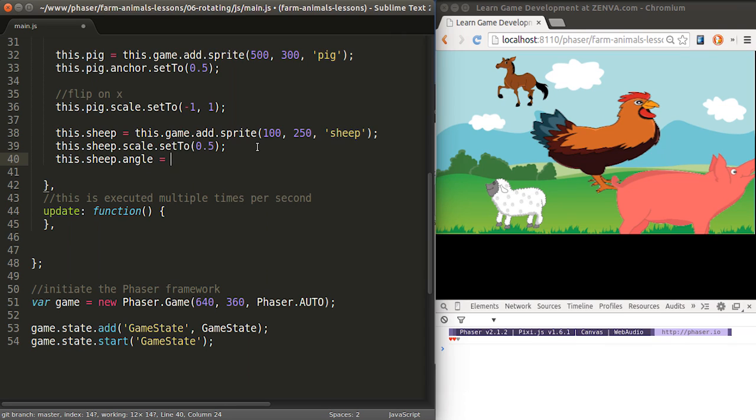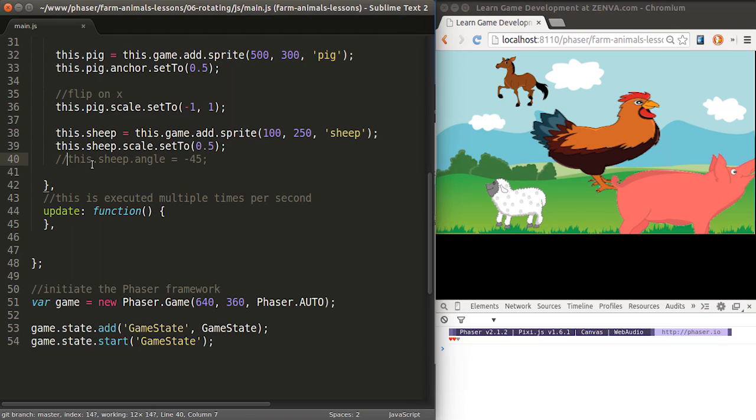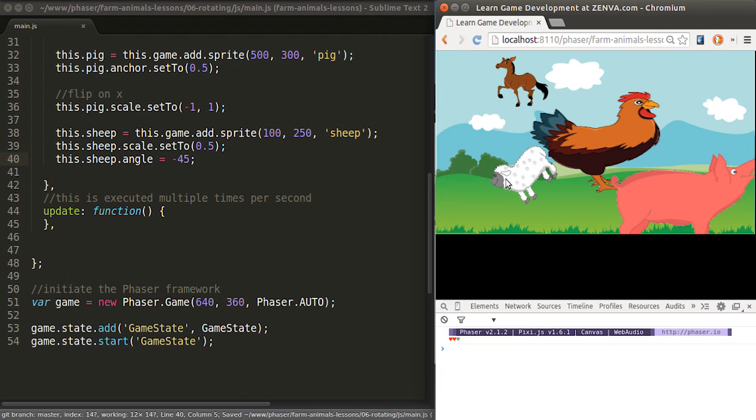It's not being rotated. If you set a positive number in degrees, it's rotating clockwise. If you set a negative number, it's doing it counterclockwise. So let's do it counterclockwise. See how it rotated from the anchor point. Let me repeat that again. So that it was there, this is where the anchor point is, and then we're rotating it,